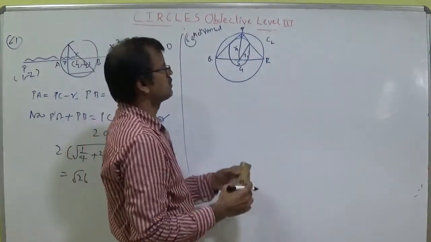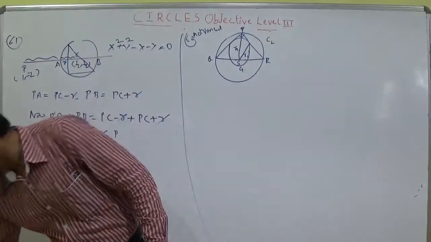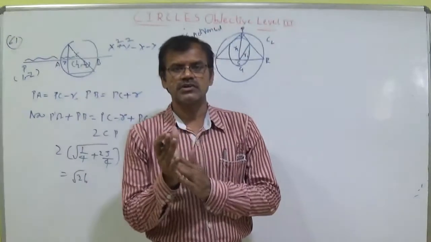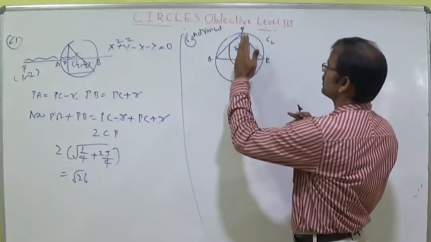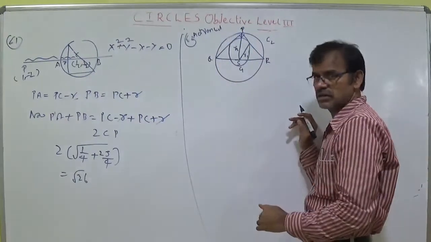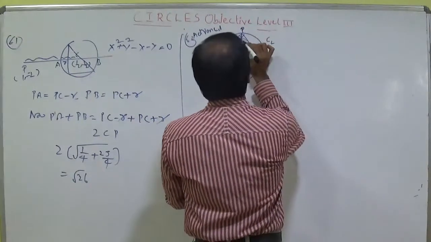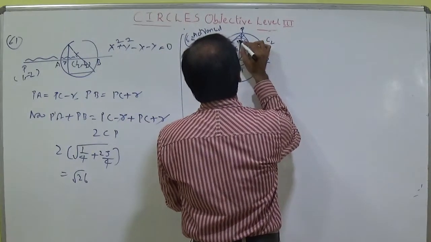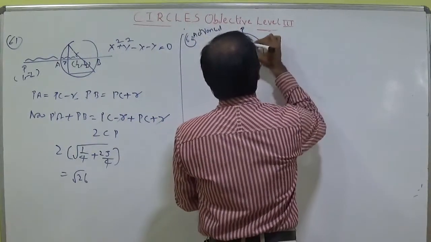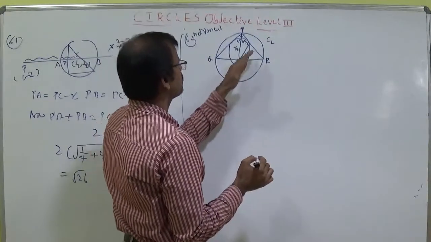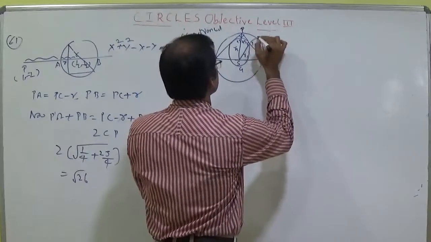We know that whenever a line joins through the center, it divides the circle into equal parts. The line is dividing the angle into two equal parts, so PS is the angle bisector. By the angle in a semicircle concept, it is 90 degrees. Here it is 45 and here it is 45. Of course, this is an angle in a semicircle. This is the small circle, so depending on that, you put T here.